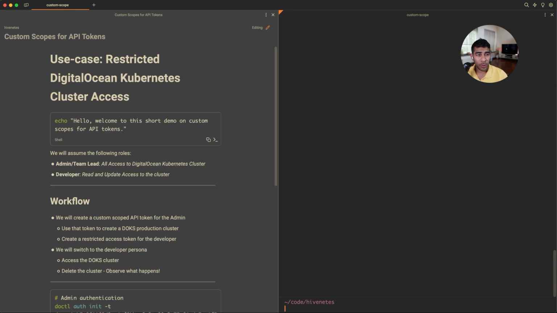In this video, we'll be seeing how to leverage custom scope for API tokens to secure your workflow through a really simple demo. Previously, DigitalOcean personal access tokens had two scopes. There was a read scope to all your team's resources and a write access to all the team resources. Recently, we launched custom scopes for API tokens that lets you provide granular access to the tokens and restricting access